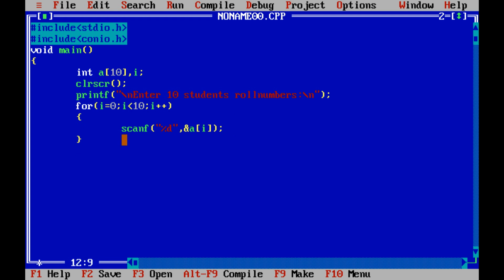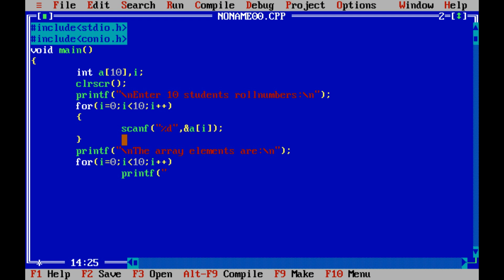Now I will try printing the array elements, so printf: the array elements are. To print, again I'm going to take help of a for loop. For i equal to 0, i less than 10, i plus plus,